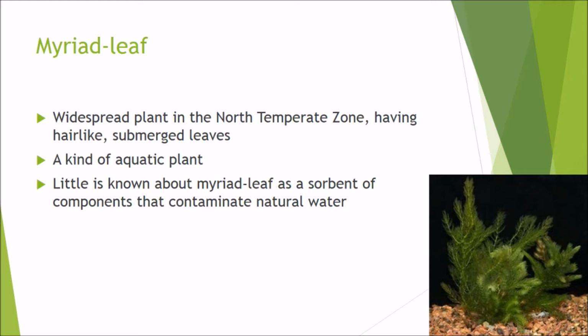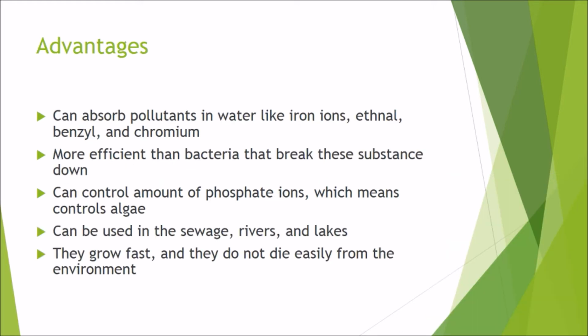The next is the myriad leaf, an aquatic plant found in the North Temperate Zone, mostly in Europe and Russia. It is not well known to the world, but its ability to absorb pollutants is outstanding. It can absorb pollutants in water like iron ions, ethanol, benzyl, and chromium. According to the Russian Academy, their experiments have shown that the myriad leaf is more efficient than bacteria that break